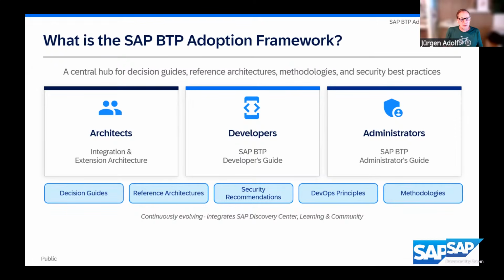And for developers, there's the SAP Developers Guide, which we will cover in the next section in more detail. And for administrators, there's the SAP Administrators Guide. It covers the operational and governance aspects of running BTP securely. Across all three audiences, the framework brings together 5 key capabilities, which you can see here at the bottom: decision guides, reference architectures, security recommendations,